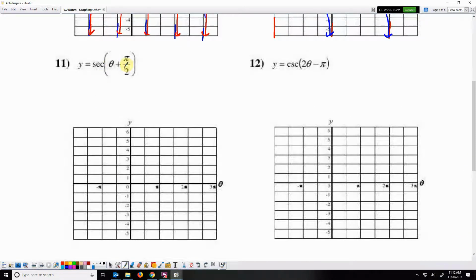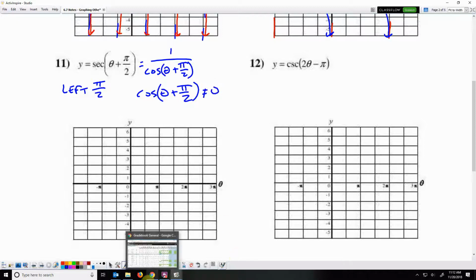Okay, here inside of the function, we have a pi over 2, which means this one is going to shift left pi over 2. And it's the same as 1 over cosine theta plus pi over 2, which means cosine theta plus pi over 2 cannot equal 0. So I need to graph a cosine wave that is shifted pi over 2 units to the